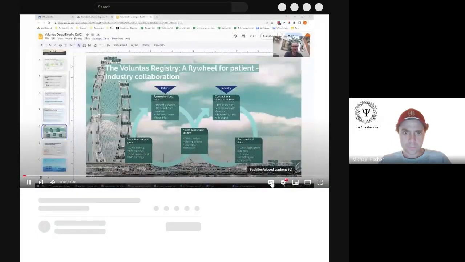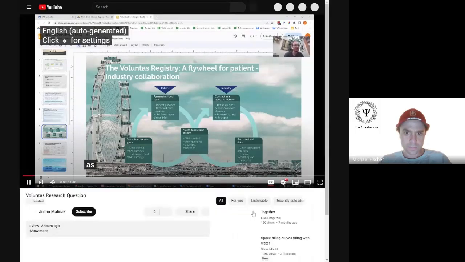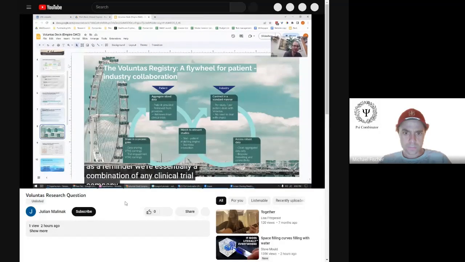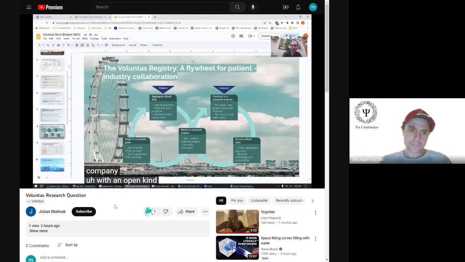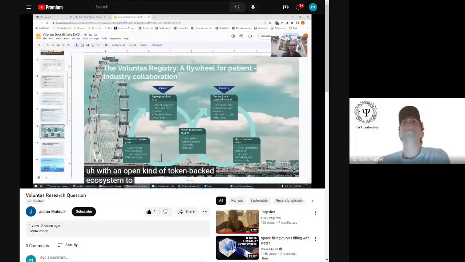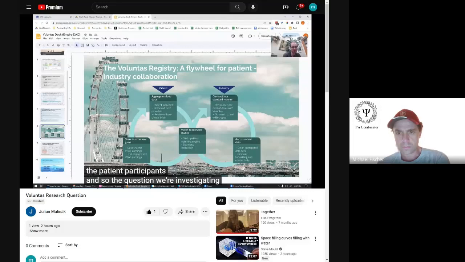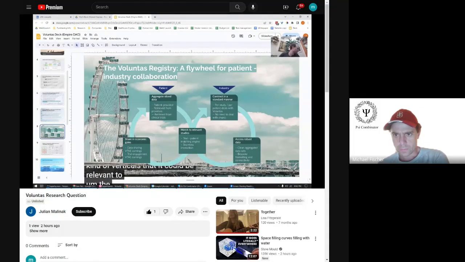Hey there, this is Julian with Voluntas. As a reminder, we're essentially a combination of a clinical trial company with an open, token-backed ecosystem to provide ownership of data and the economic part of it to the patient participants. The question we're investigating is not so much a biopharma question. There are lots of drugs that this model could work in, lots of pharma companies and verticals it could be relevant to. The question is more about the operations of the clinical trial industry